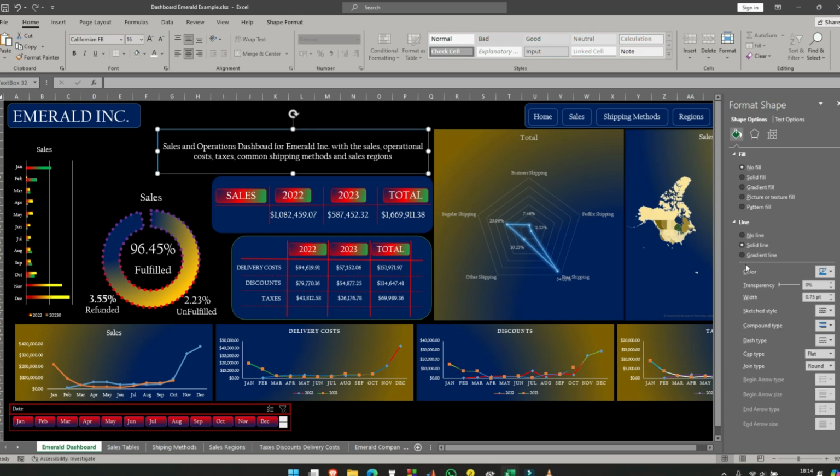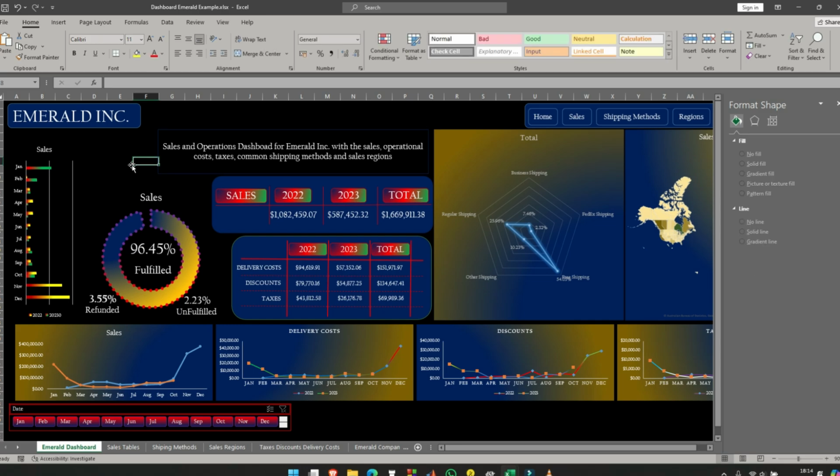So I'll change this line to solid line and change it to this color. Okay,